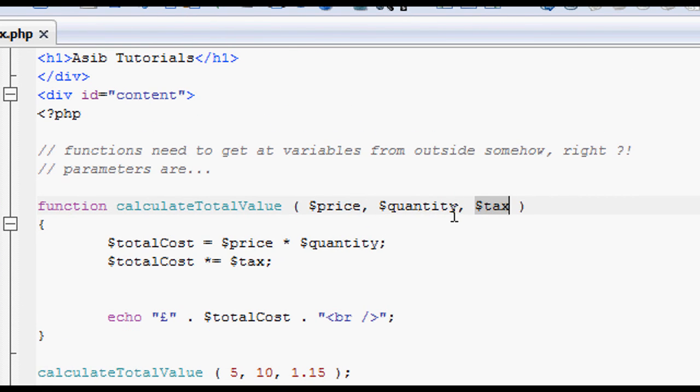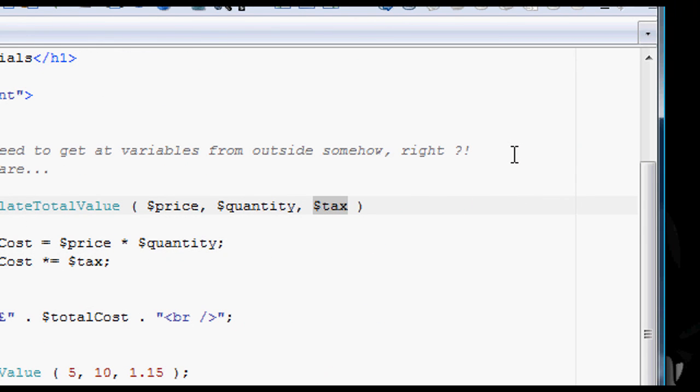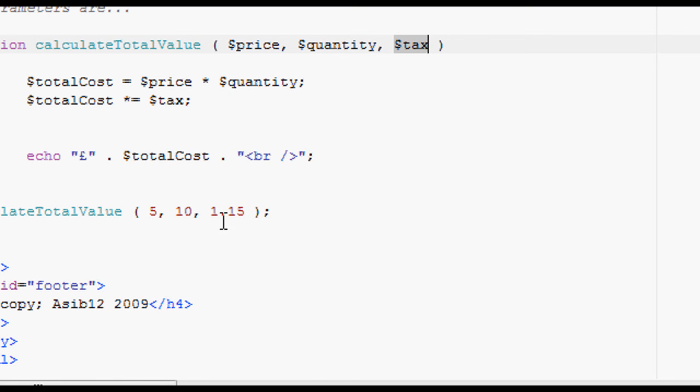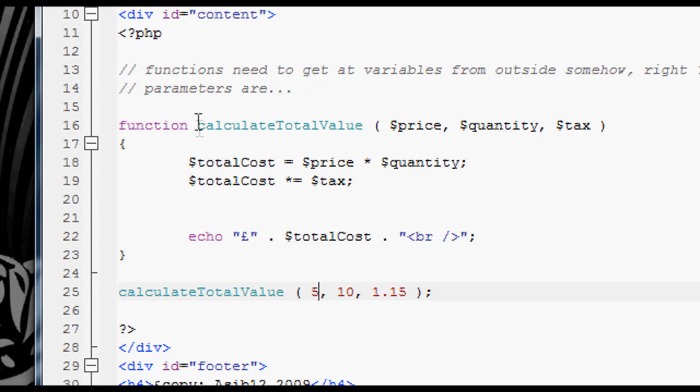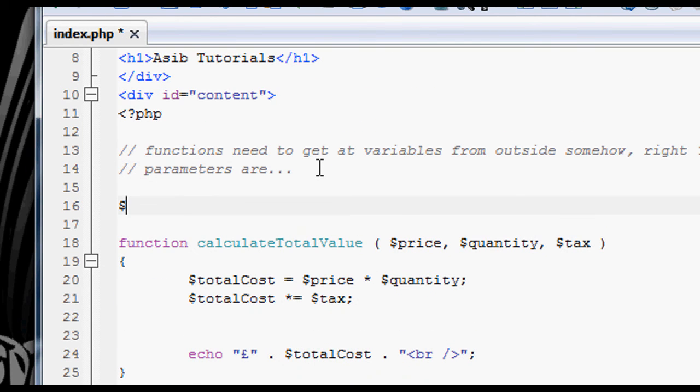And you can't supply more, you can't supply less. Well, you can supply less in some cases, but we'll get onto that later. For the moment, we'll just say you have to supply exactly the same amount. So I'm actually going to change these values. I'm going to say outside here,